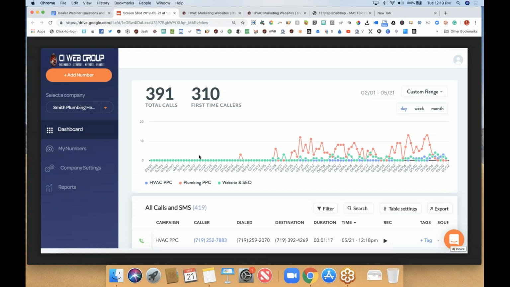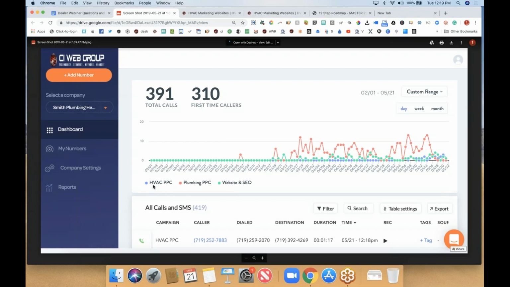Okay, very good. So at the time of defining the numbers, we buy different kinds of numbers. There are majorly two types of numbers that we should be buying for the campaigns. When it comes to pay-per-click, any paid advertising campaign, we should be buying local numbers. So let's say I'm in Buffalo, New York. I will pick a 716 number for the plumbing or any HVAC pay-per-click campaign, and we'll be tying that local number up with the landing pages. So basically, we need to buy a local number for the paid campaigns and tie it up with the landing pages,